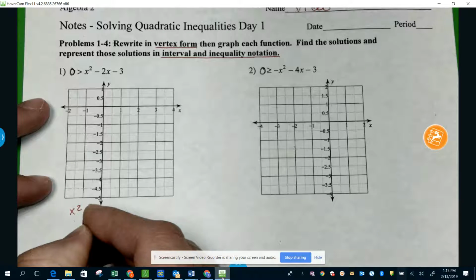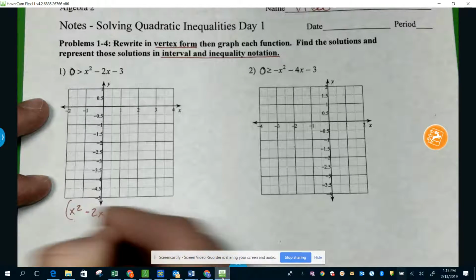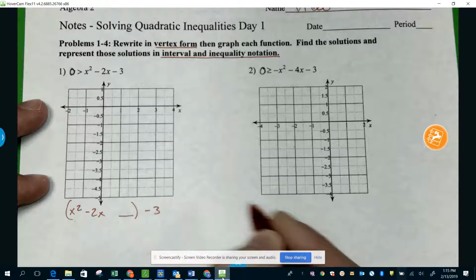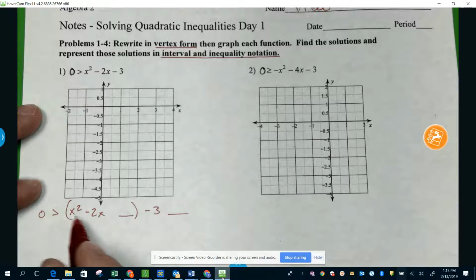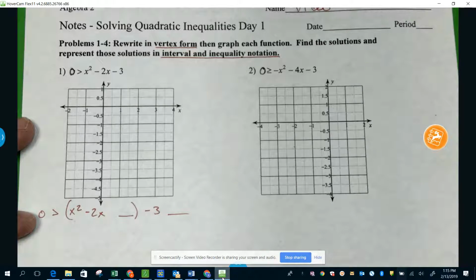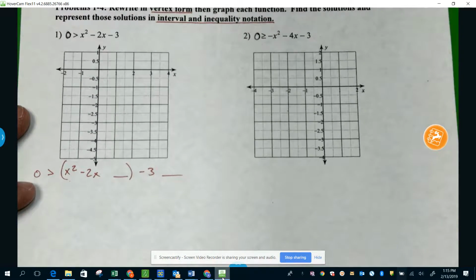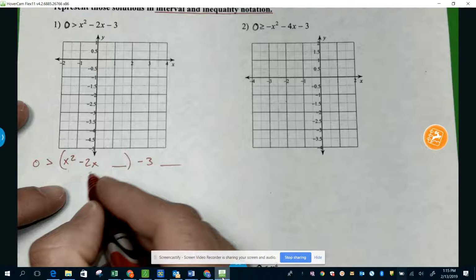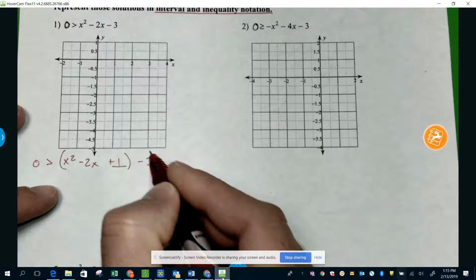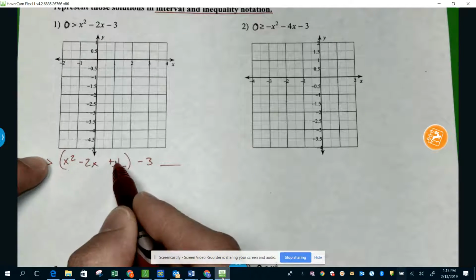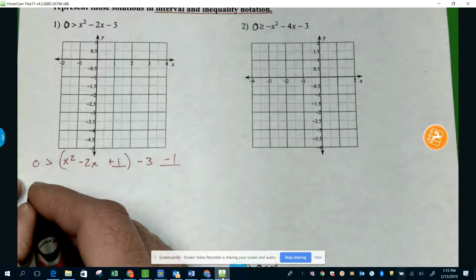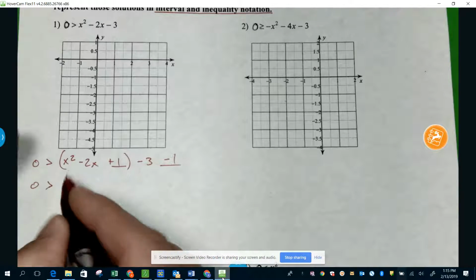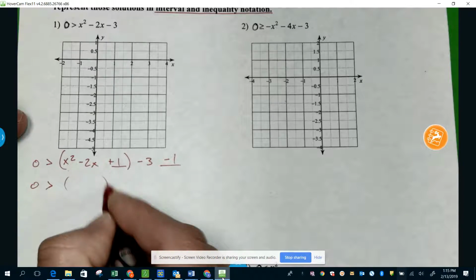x squared minus 2x, you've got to leave room for your blank spaces here. Move your minus 3 to the back. He needs a blank space as well. Okay, once I have a 1 in front of my x squared, I'm ready to fill in the blank. So we're going to take half of negative 2, which is negative 1, and we will square that. Negative 1 squared is positive 1. Since there's nothing to multiply by in front here, 1 times 1, then this needs to be the opposite sign, negative 1. So 0 is greater than,